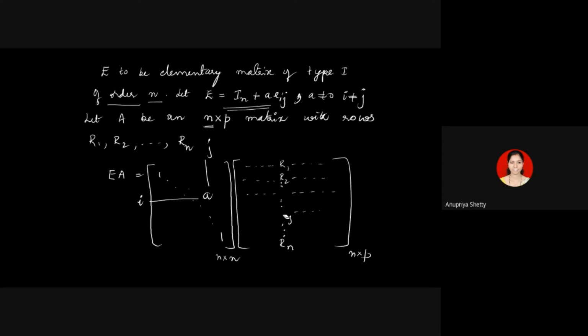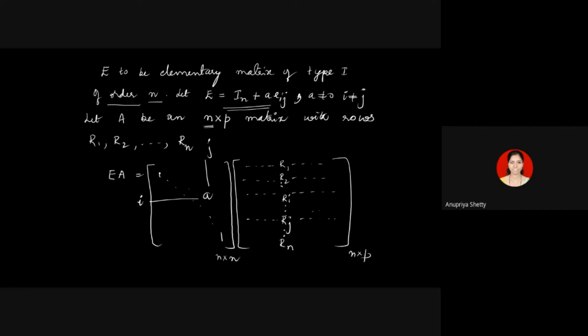Now I have to multiply E with the matrix A. So somewhere let me write Ri and Rj. I'm considering the case where i is less than j here. It could happen that j is less than i also. Here i and j, we know they are not equal. Two possibilities. We'll just discuss one of them. Keep in mind all the diagonals in E are the integer 1. Everything is 0 except at the ijth position, where there is A.